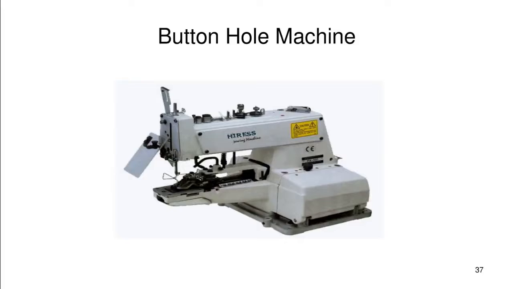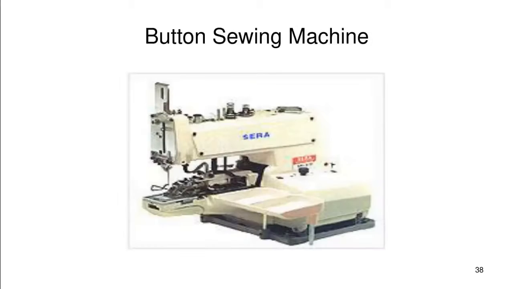So this is slide 37, and then we have slide 38 again. Button sewing machine and buttonhole machine, the shape is pretty much the same, but the operations are different. The buttonhole machine makes the buttonhole, and the button sewing machine actually attaches the button to the garment part. Again, the button sewing machine is very expensive, somewhere in the tune of 2.5 to 2.75 lakhs, 3 lakhs also. So 95% of the factories in India, especially apparel exporters, you will not find these machines.